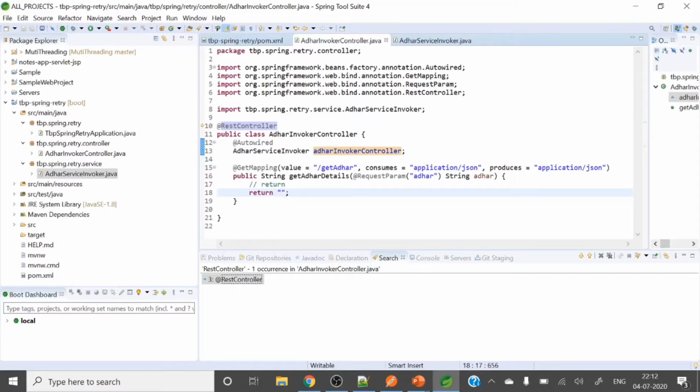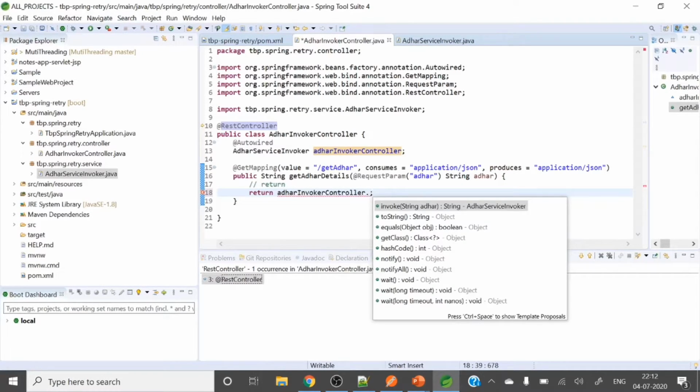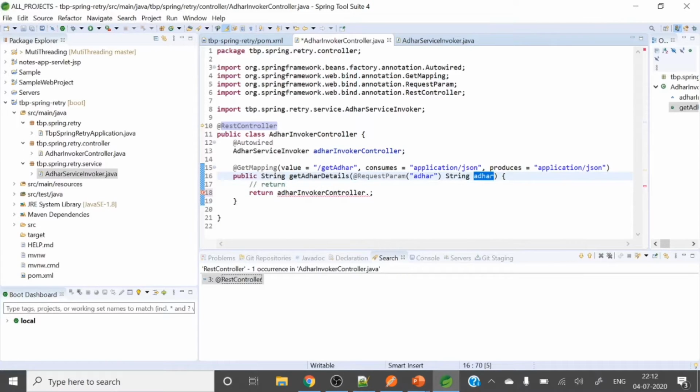Let me remove this dummy return. From this request I am receiving this Aadhaar and sending it to this service class.